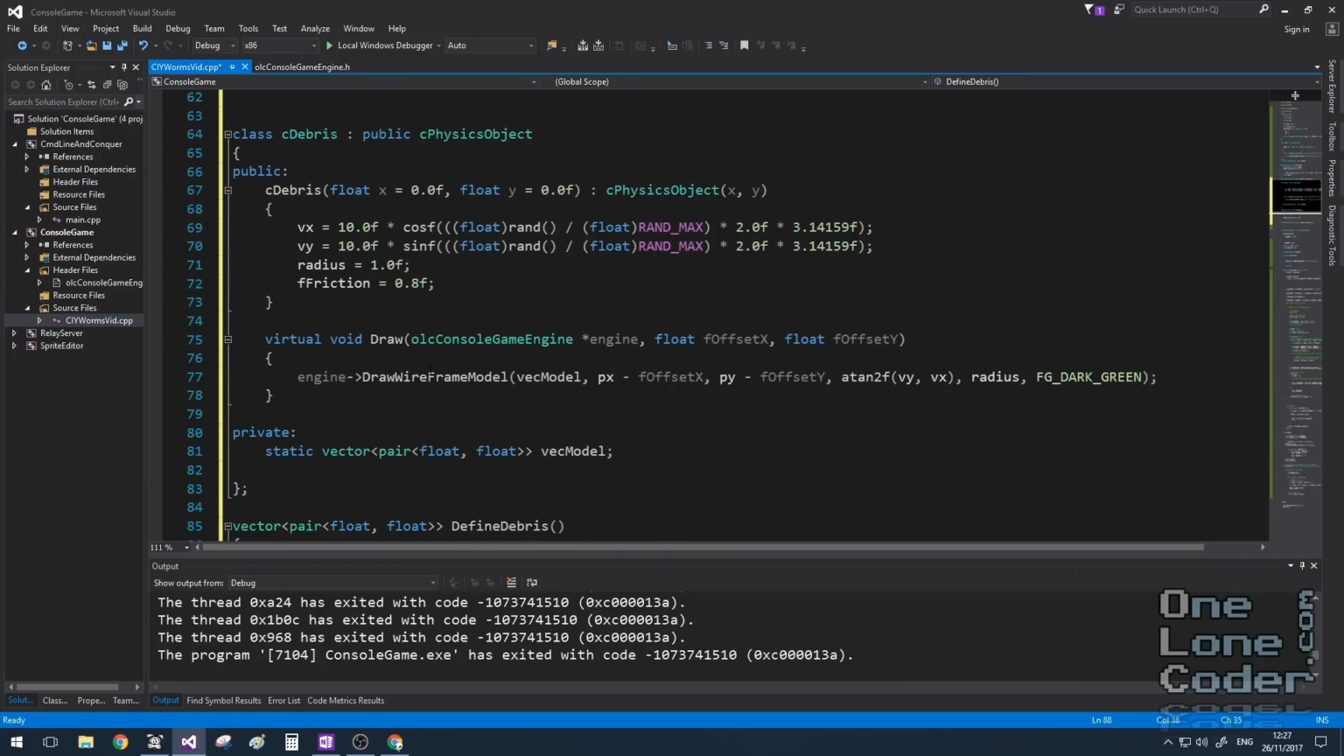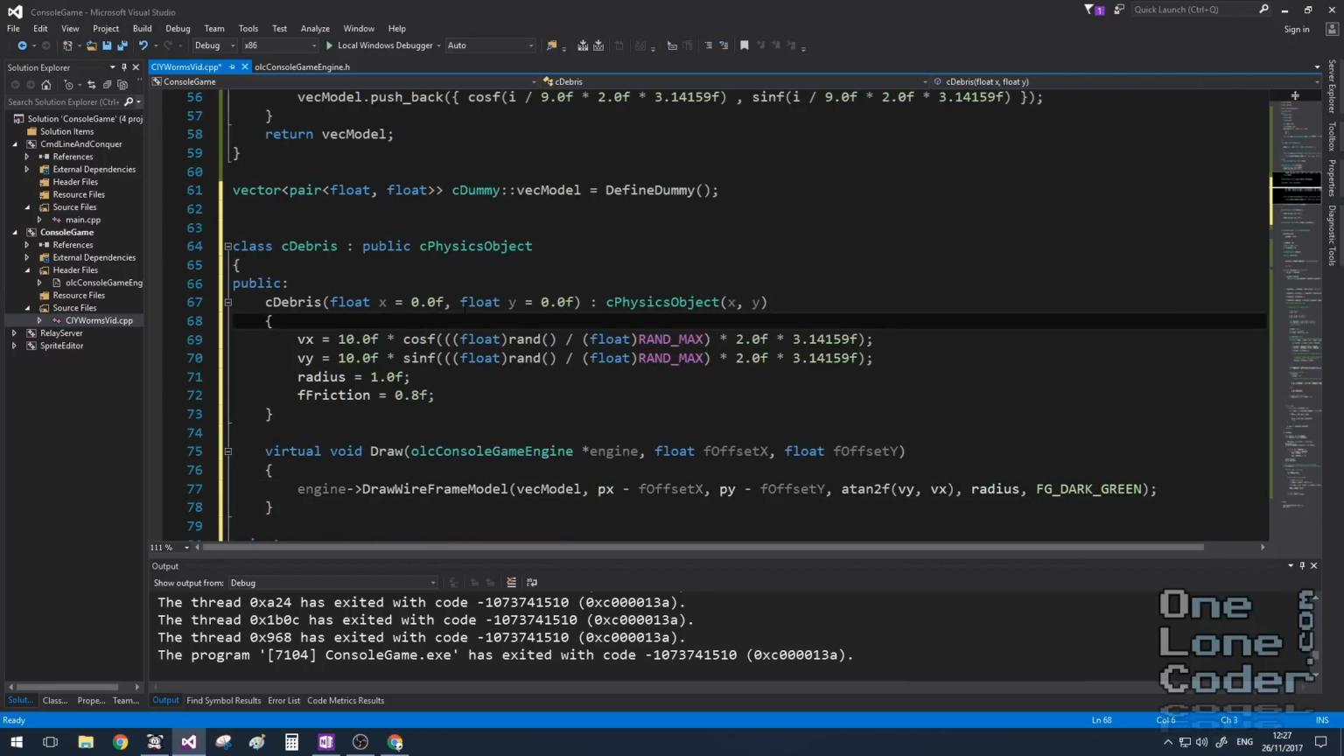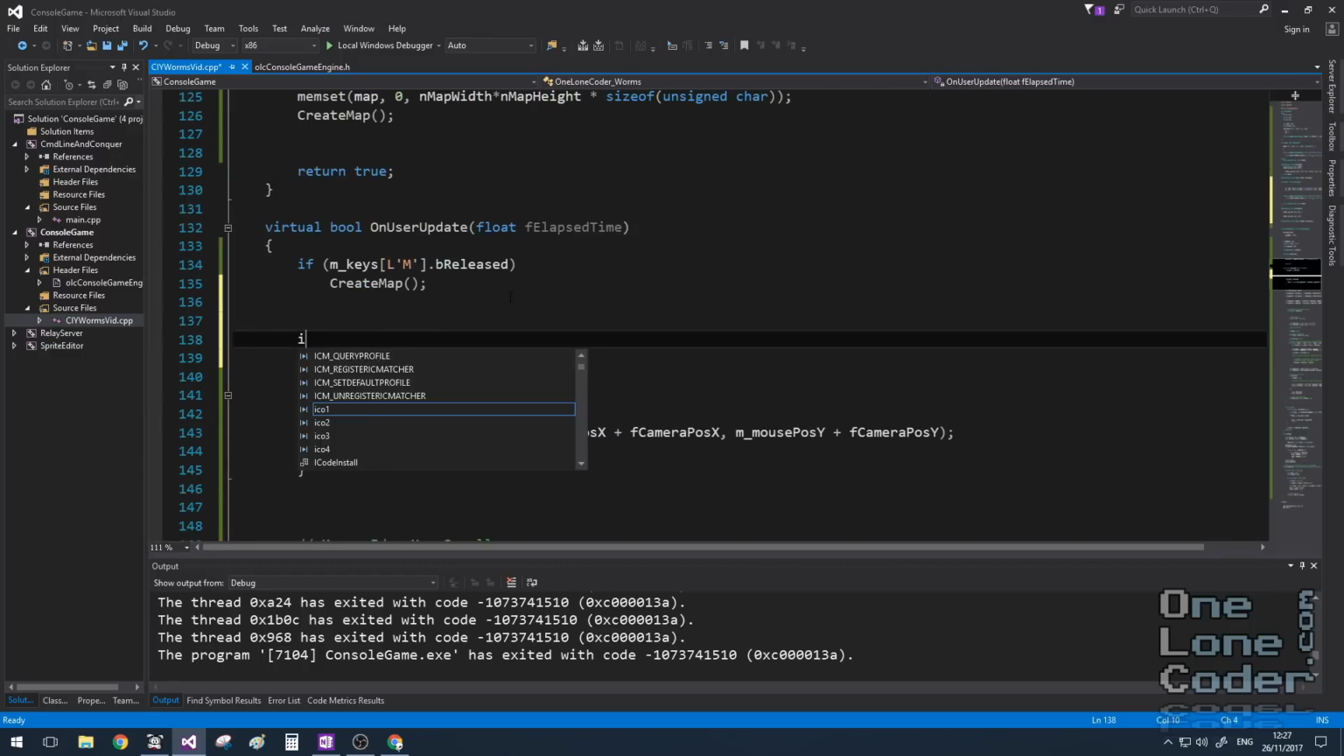And when the object draws its wireframe, it uses the dark green pixels to do it. So in this way, it's different to the regular dummy object. What I will add though, is that when debris is created, its velocity vectors are assigned a random vector to make it shoot off in a random direction. And we'll test this by using the mouse button